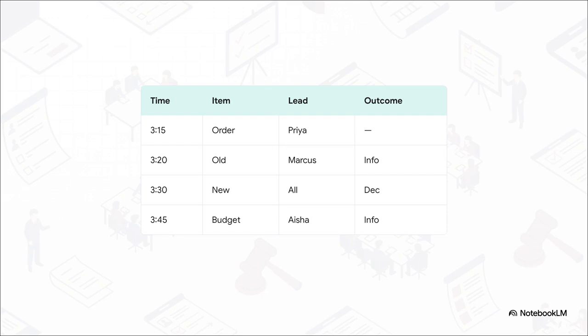Take a model agenda for Environmental Club, for example. When done right, everything perfectly aligns. The time allocated, the specific topic, the lead person, and the expected outcome are all completely transparent. Like if at 3:30 they have 15 minutes to choose a spring community service project, the outcome is clearly marked as a decision, not just a casual chat, a decision. That level of clarity, that's a masterclass in setting up a meeting for absolute success.